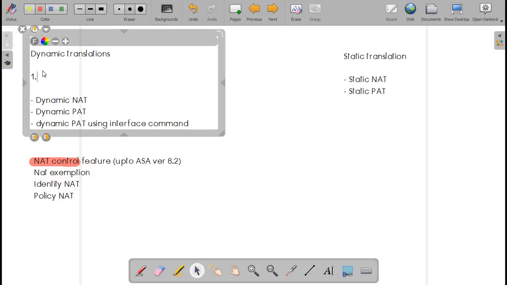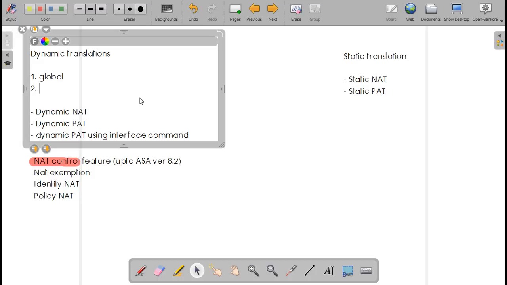First keyword will be global, and the second keyword will be NAT. I'll repeat again. For all your dynamic translations on a Cisco ASA firewall, you will be using two keywords: one is global and another is NAT.